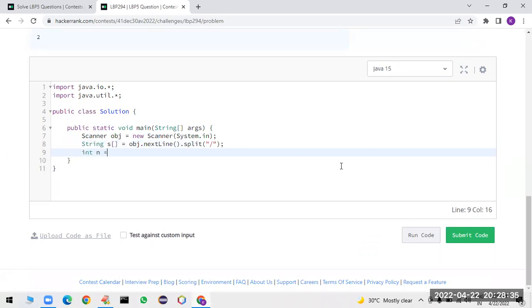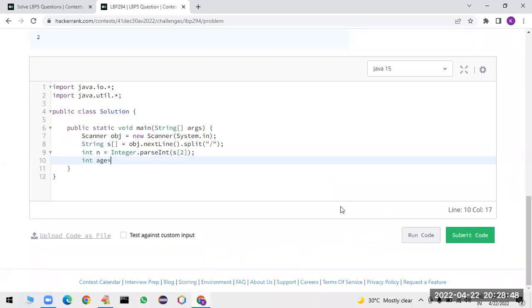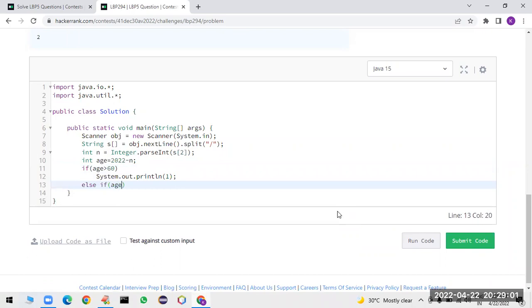Integer n is equal to Integer.parseInt of which value we have to convert: s of 0 contains day, s of 1 contains month, s of 2 contains year. Now integer age is equal to 2022 minus n. If the value of age is greater than 60, then that candidate will be in the first stage. Else if age is greater than 18 and age is less than or equal to 60,